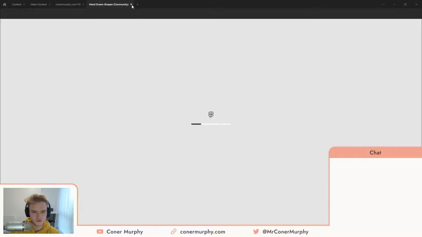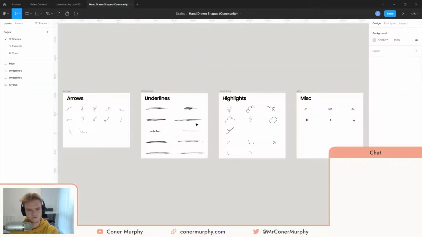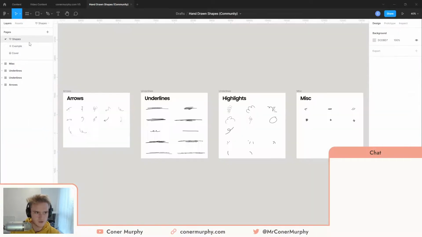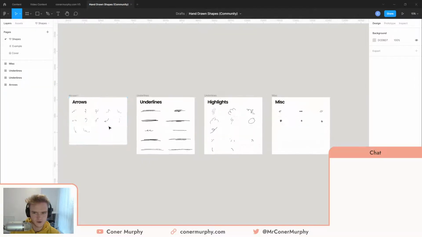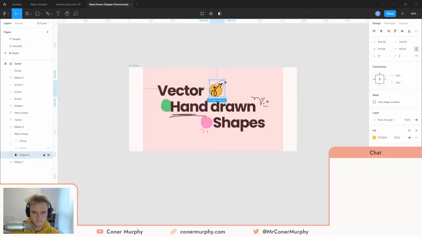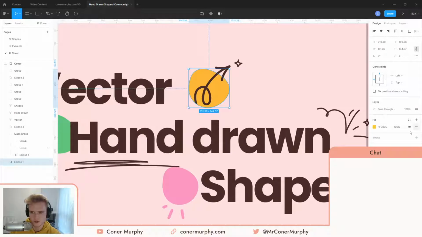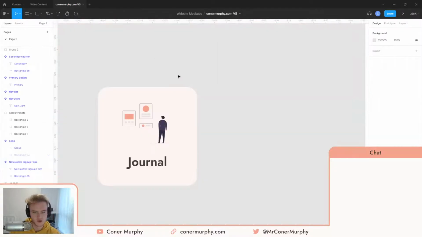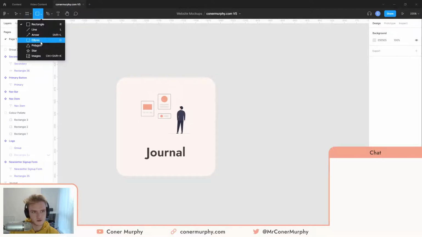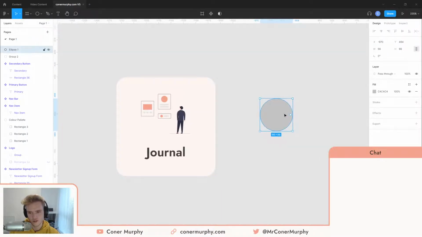Let's just throw that in. Yeah, where are they coming from? They're in here. Shapes. Misc. Highlights. Arrows. Oh no, they're on about them shapes. I want that. How the hell have they done that? Oh, it's just an ellipse and they've played with the arrow. So if we start with that